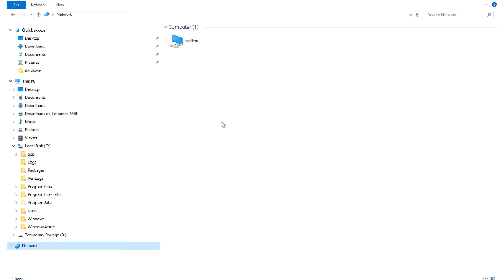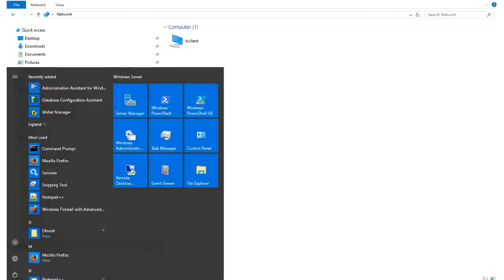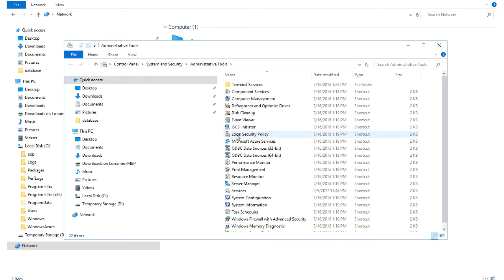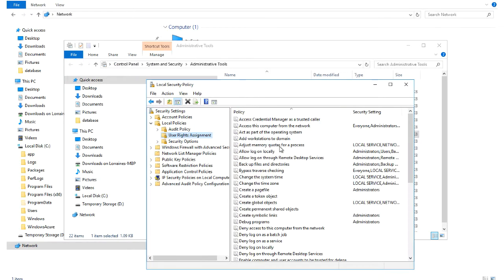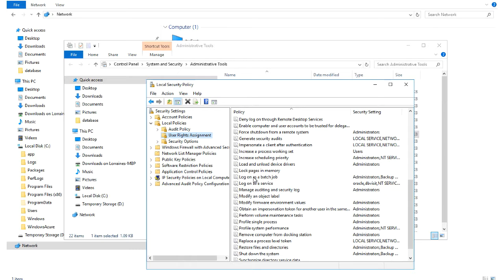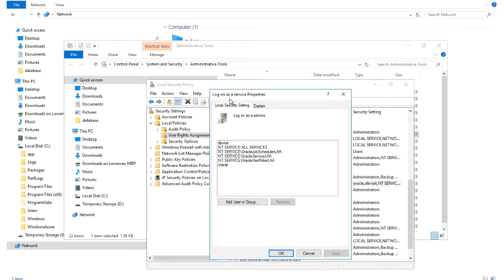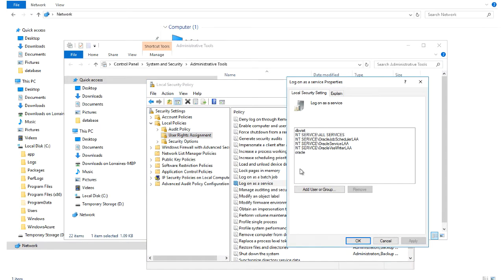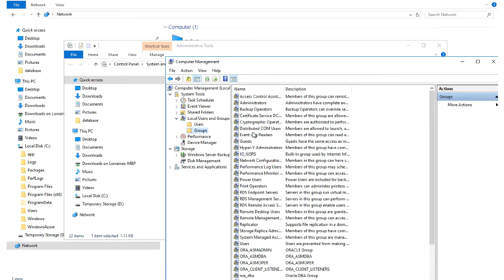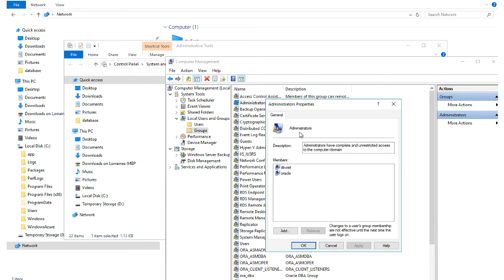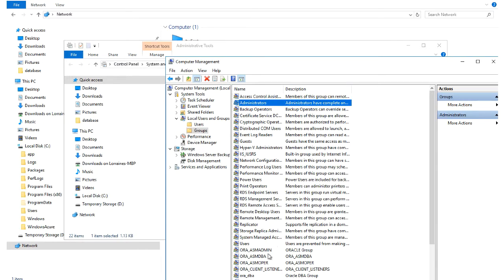Now that we have the networking configured, we also need to look at the users. We have a look at the local security policy and the user rights assignment. The log on as service privilege needs to be granted to both Dbvisit and the user oracle. In addition to this, each user must be a member of the local administrators group,